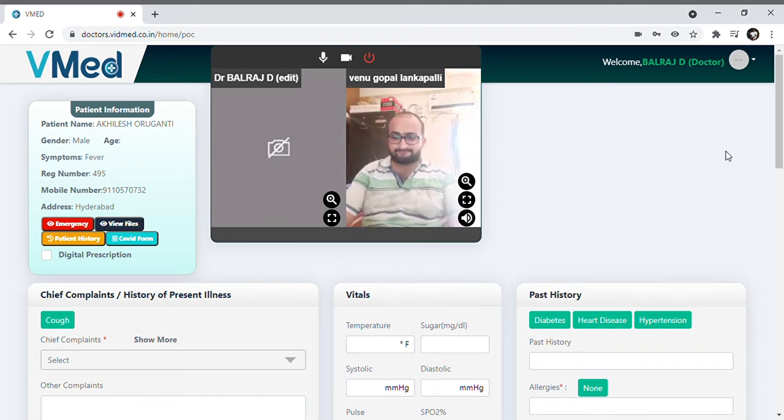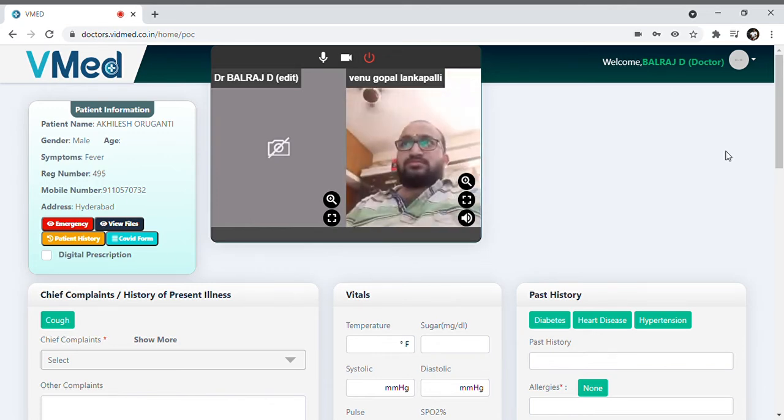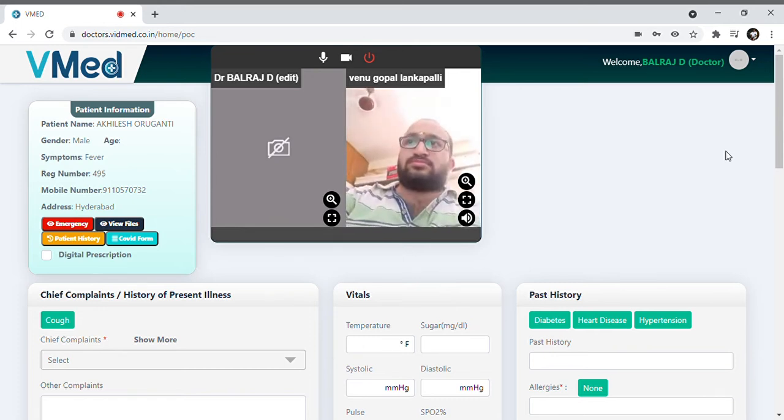Even though the patient has disconnected, the health worker can give details about the patient, and the doctor can capture those details in the application and give the right suggestions for the patient to the health worker.